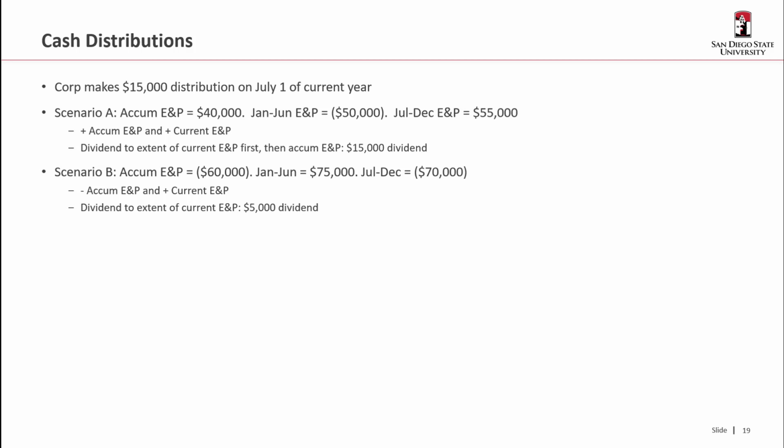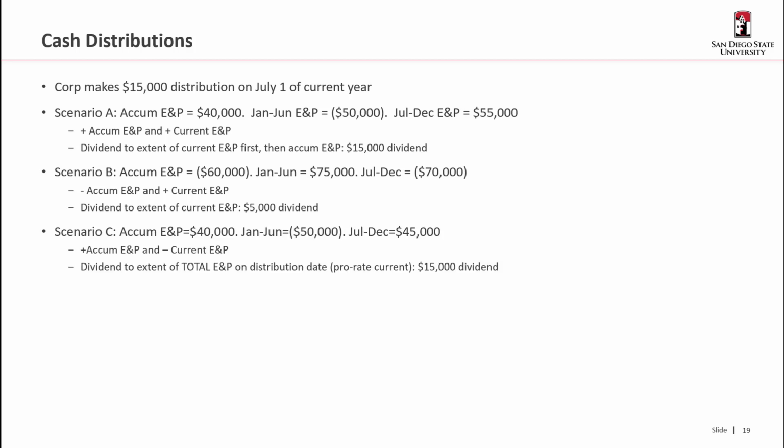It says, look, first it comes out of current E&P. So because I have positive current E&P of 5,000, I have a $5,000 dividend. The rest of it, there's no more E&P left, and so it's got to be return of capital or a gain. So in our next scenario, we have accumulated E&P that's positive of 40,000,